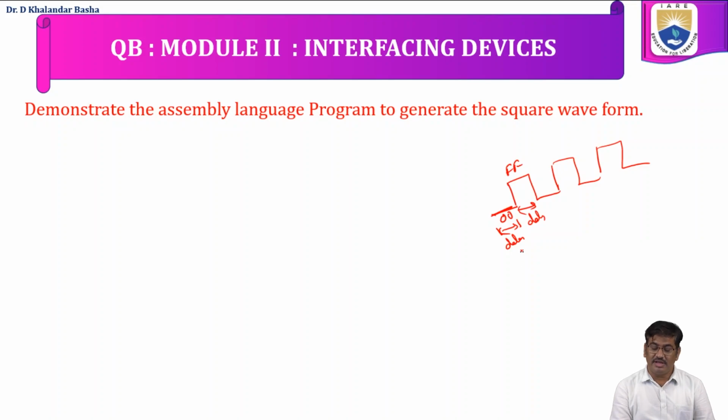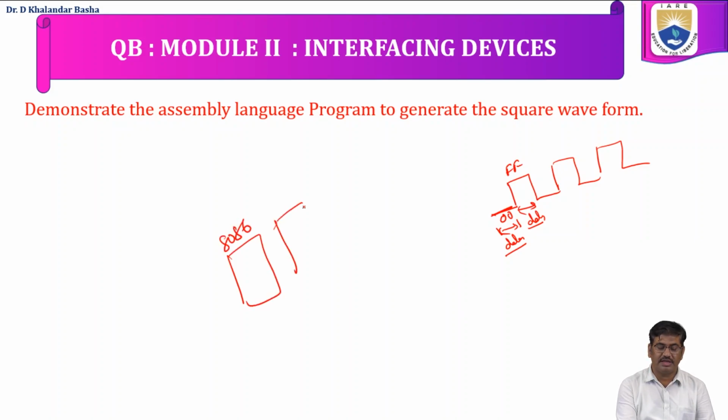If it is symmetric, this delay value should be the same. If it is an asymmetric square signal, you can have two different delay programs. So we are considering a symmetric signal. We'll call a delay with the same value for the 0 and high value. The starting value, either it can be 0 or it can be the high value, FF, anything we can pass. So for writing the program, in the interface,